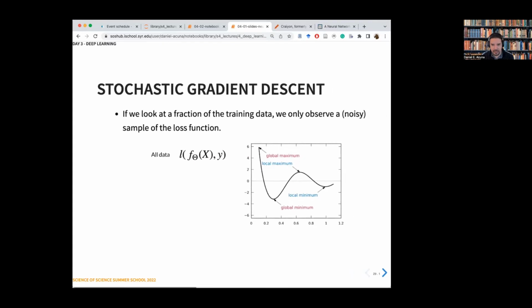I'm going to skip this a little bit, but basically there are all these issues where you get stuck in not the best solution. But people have realized that that doesn't matter too much. Somehow through the optimization process you can find good solutions, and for everything that you see in terms of real applications of neural networks, we don't know if that's the best neural network for the task, but somehow they work. So people started worrying less about the problem of not finding the optimal solution, the optimal weights.